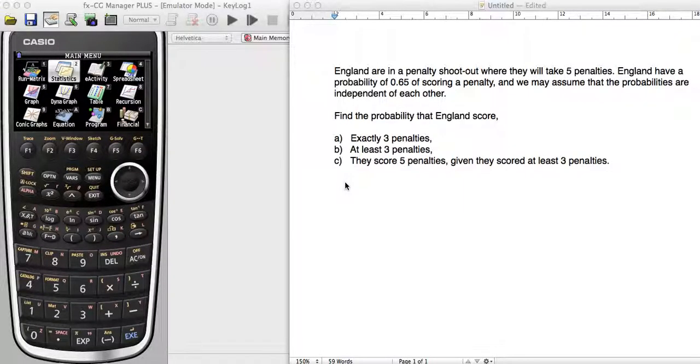In this video we're going to look at how we can use our graphic display calculator to work out binomial distributions. So I've got a simple question here. England are in a penalty shootout where they will take 5 penalties. England have a probability of 0.65 of scoring a penalty, and we can assume that the probabilities are independent of each other. That simply means that if they miss a penalty, it's not going to be affected by any other